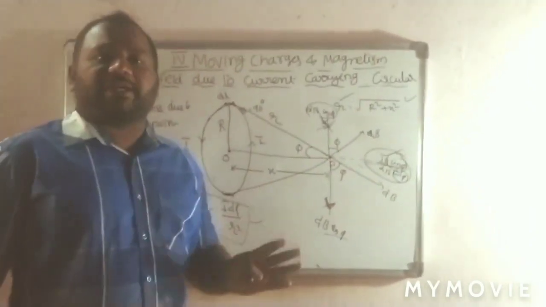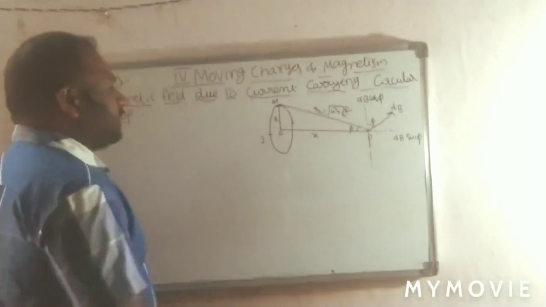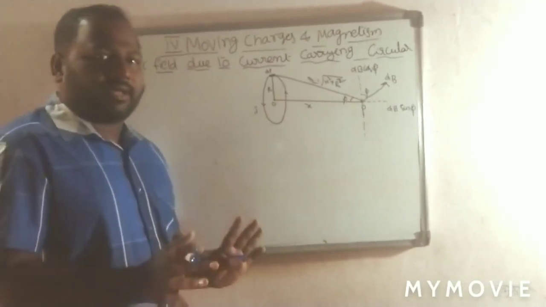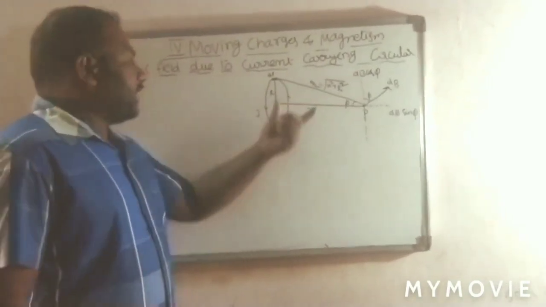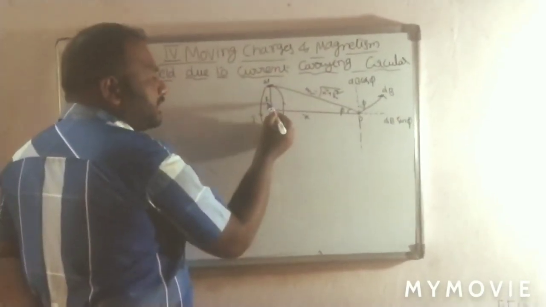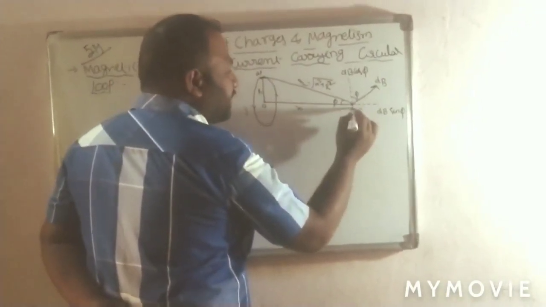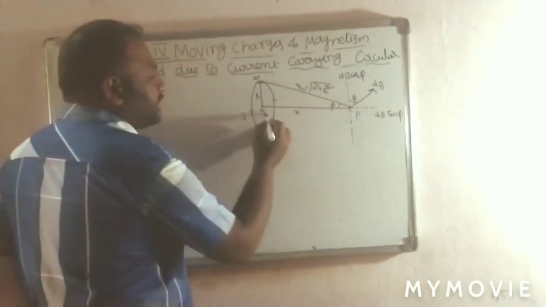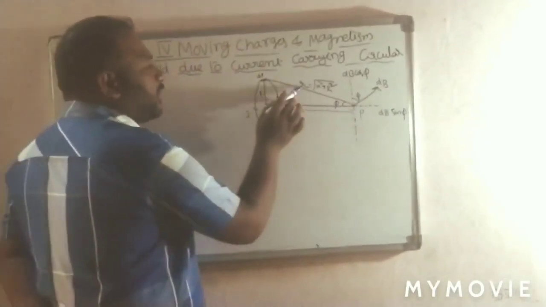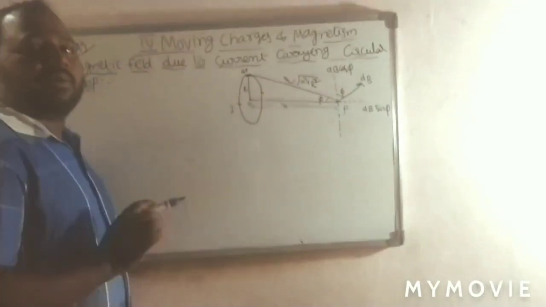So based on these 3 points, we are going to derive the magnetic field due to the circular loop. Okay, now see the diagram for this derivation. Previously I explained what terms we have to take. Remember, keep the terms in mind. Now do the derivation. Here is the current carrying loop. The radius of the loop is capital R, and a point P is considered at a distance x from the center. This is the point P, which is x meters from the center, where small r is the distance between the current element and point P, that is root of X square plus capital R square from the Pythagoras theorem.